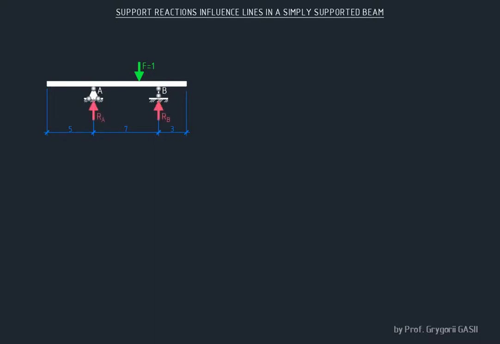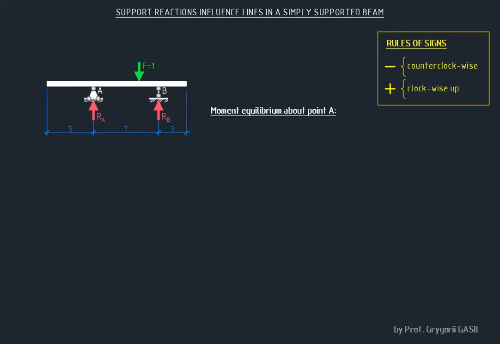And from any load, support reactions occur on the supports. Well, to draw the influence lines of support reactions from the load effect, the equilibrium equations are used. But first, let's remember the signs rule, which is used for writing the equilibrium equations of the structure. The minus sign is taken when the moment is directed counterclockwise, otherwise the plus sign is taken.